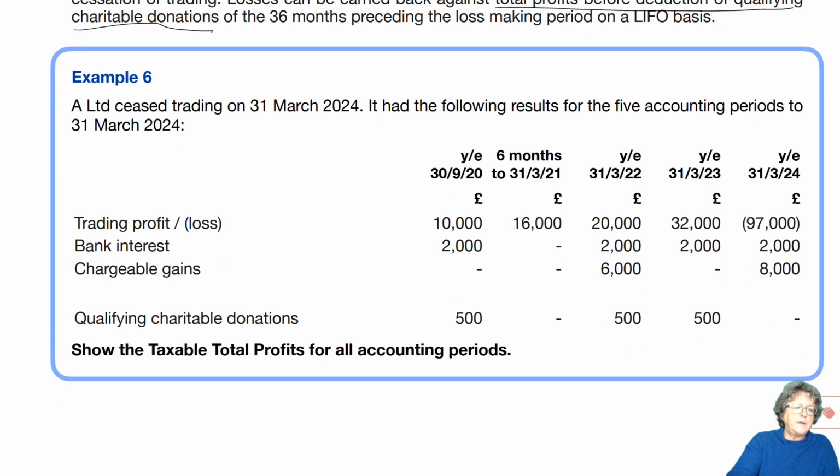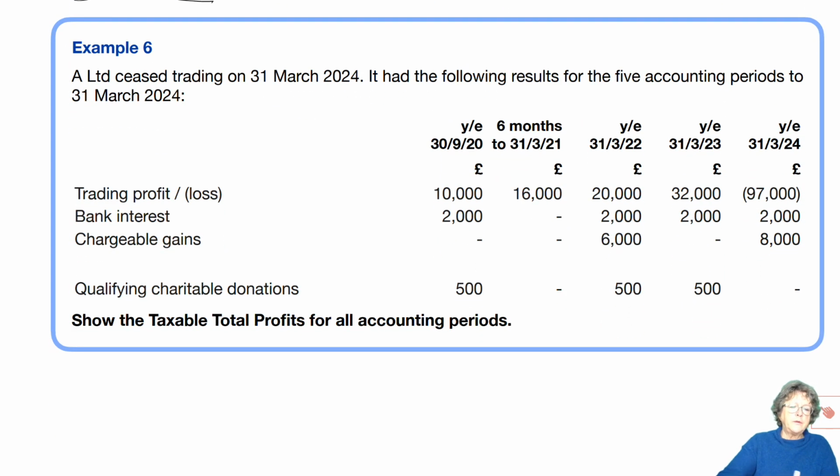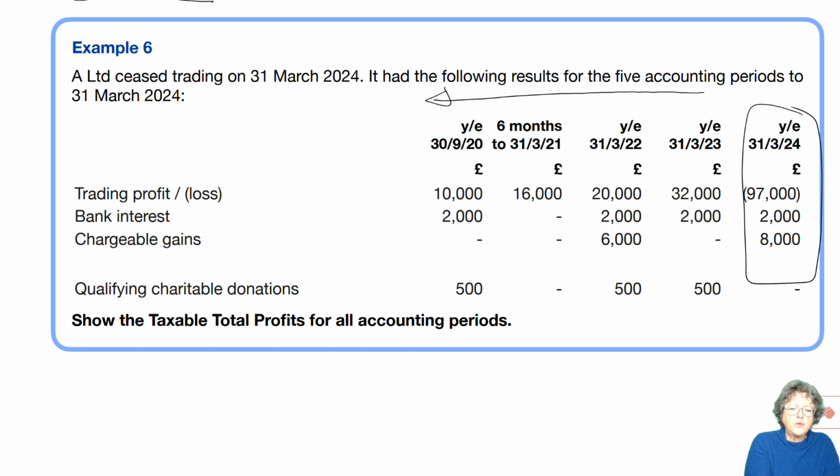Okay, so let's have a look at example number 6. This is our final year with our loss situation. And then we have a year, 6 months, which means we can go back 36. So that's 12. That's 12. That's 6, which means we can have another 6 there. Okay, so we would first need to do,